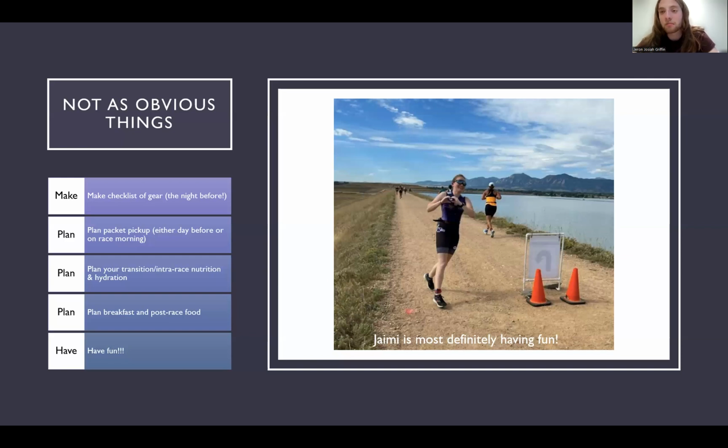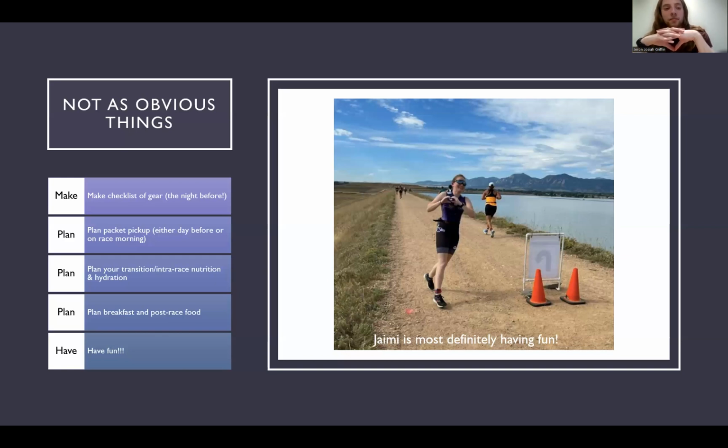Sometimes I'll eat in the parking lot before picking up my packet in the morning. That's what I'm going to be doing for Beaver Freezer because I think I'm going to leave Olympia at like 3 to 3:30 in the morning. That is 5 hours minimum before the first wave goes, if I'm in the first wave. I've eaten 5 hours before a race and it went really, really bad. So I recommend eating probably 1 to 3 hours before you race. You know your body, so listen to it, but definitely have a good filling breakfast.